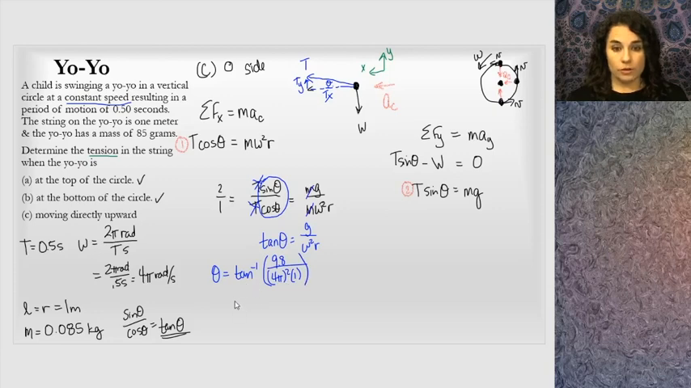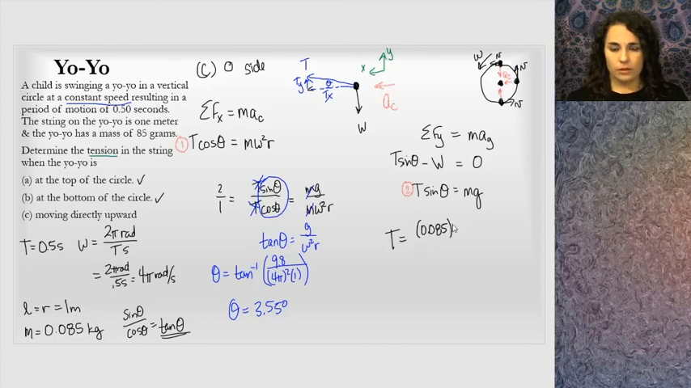When you run that through your calculator, you can get theta pretty easy. Theta happens to be 3.55 degrees. Now that I know theta, I can plug it into one of the other equations. It doesn't matter which one. I plug it into, and so let's see, T equals m, which is